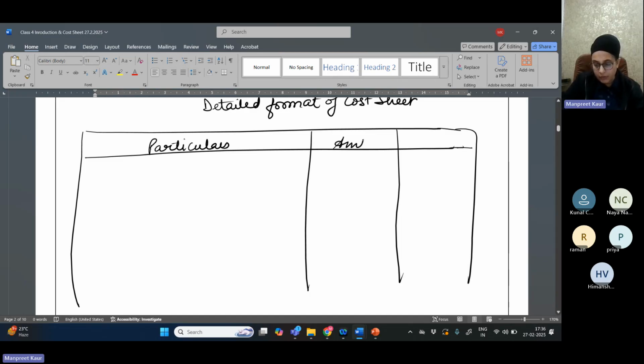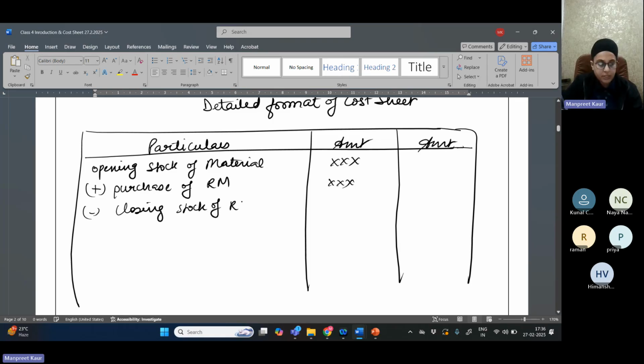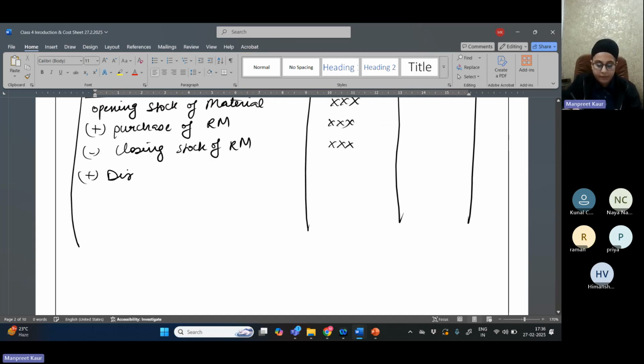Particulars, amount and amount. So we will take opening stock of material, you can say raw material, plus purchase of raw material, minus closing stock of raw material, plus direct charges